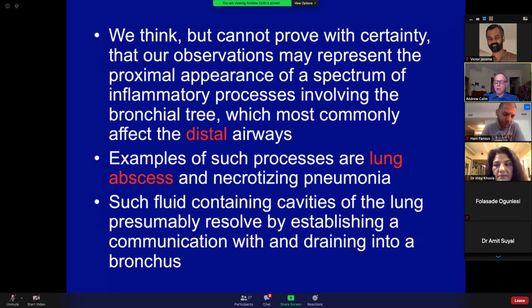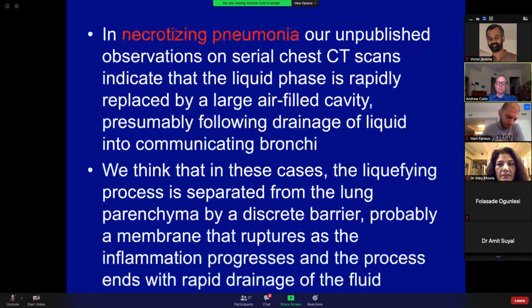cavitatory pneumonia. Another reason to think that this is the process is that there is some literature, and I actually have some personal experience, that when you bronchoscope somebody with a lung abscess, you may actually drain the abscess by bronchoscopy. This is not usually practiced, but sometimes intentionally and sometimes unintentionally that can occur, meaning that you can drain the abscess by breaching it from the bronchial side.